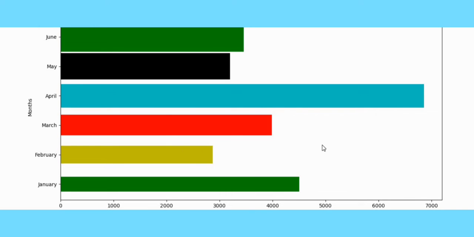This is the bar graph in the horizontal direction. Sales being on the x-axis and month being on the y-axis.